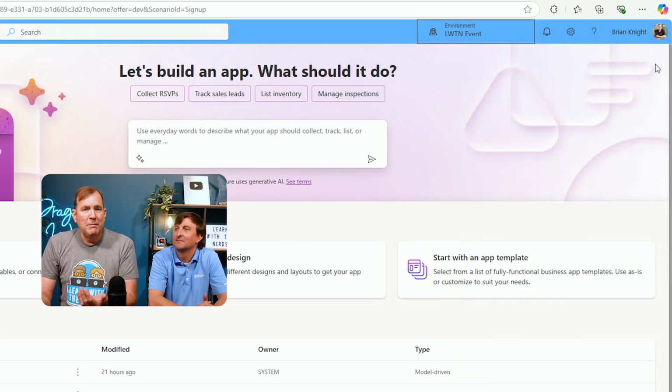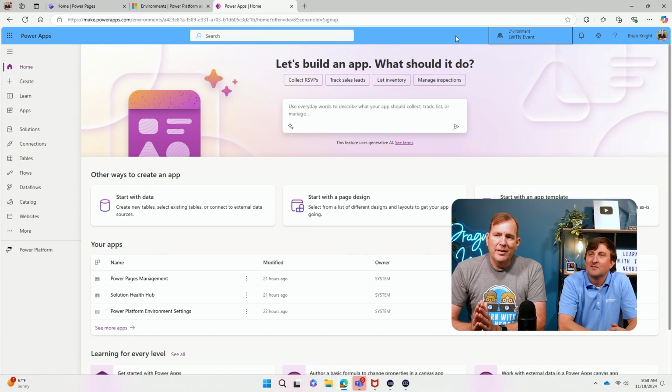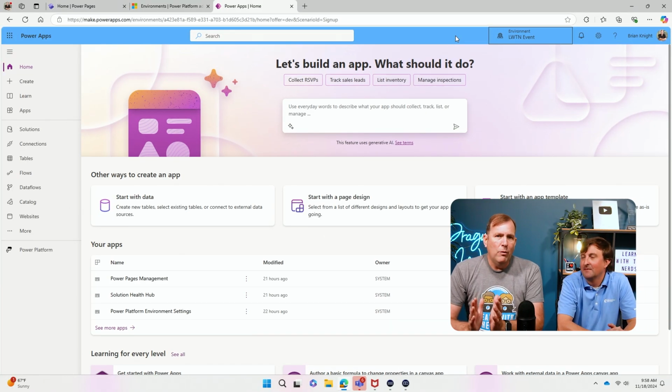The developer environment's a great way to start though. Great way to start. All right, Matt, so we've got this now in place. We now want to see how to create these. I'm going to go over to